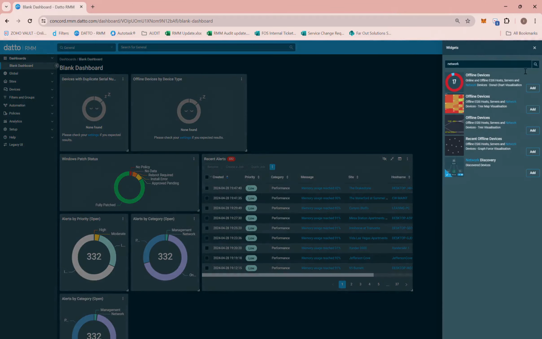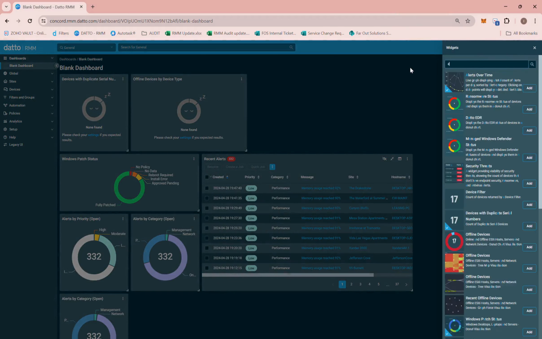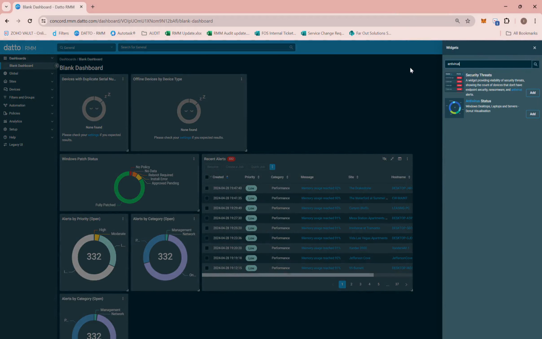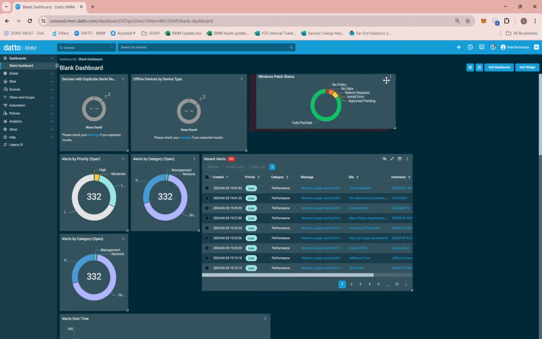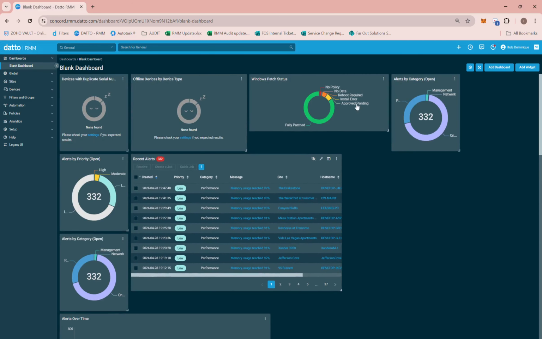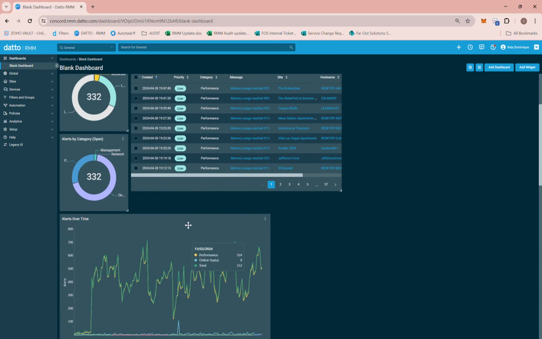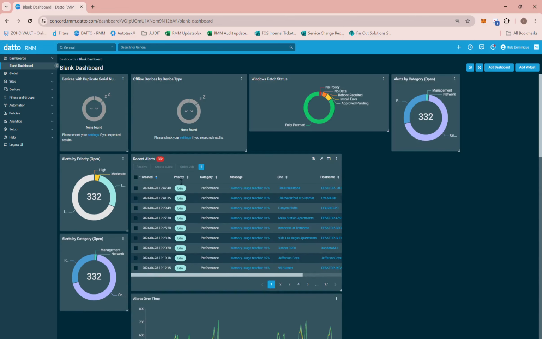You can add it by typing antivirus, and then here is the antivirus status. You can arrange it and customize it in whatever position or location you want to see the statuses.